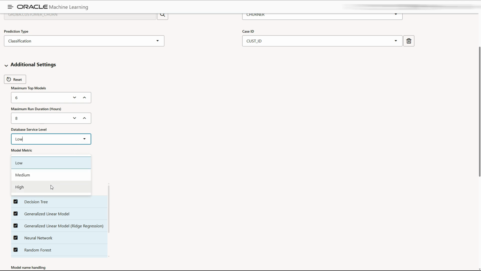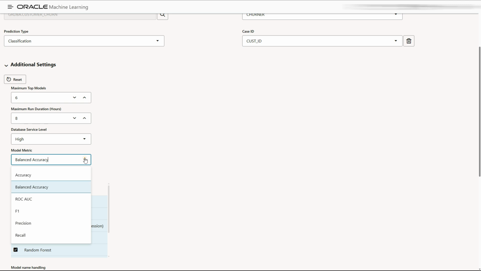Service level, we're going to use high, since we're the only one using it. And for the model metric, here you can choose accuracy, balanced accuracy, receiver operating characteristics, or area under the curve.